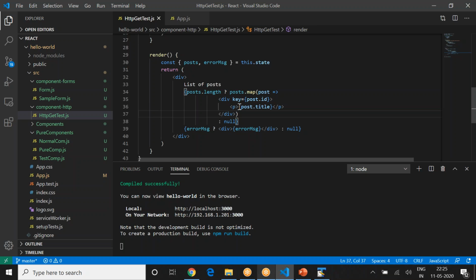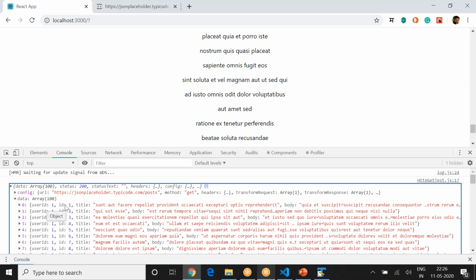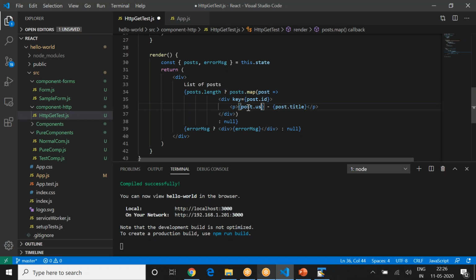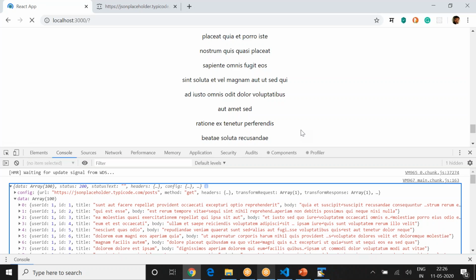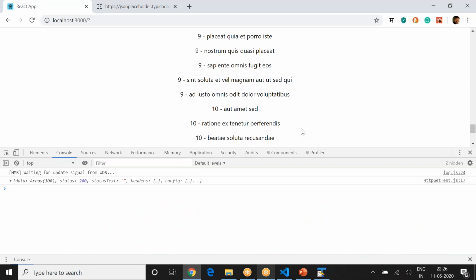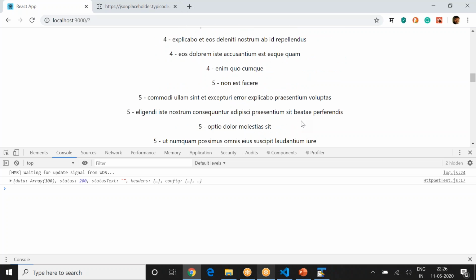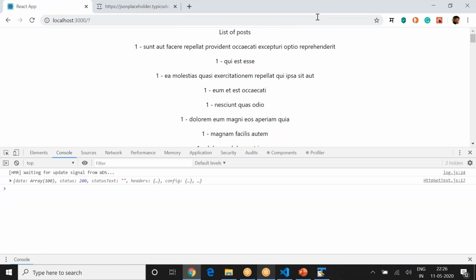That's also fine. So here I'm just saying post.title, and here you say post.userId. Let's see the screen. Okay, you got user ID, hyphen, that particular data.